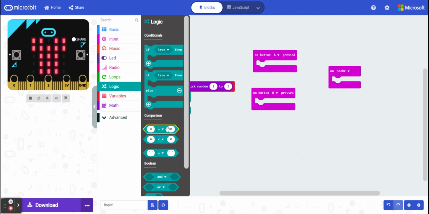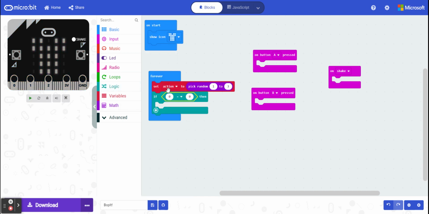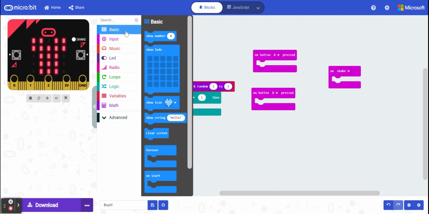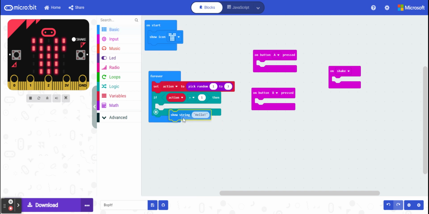I want to compare my action variable to 1. So I go back to my variables and I drag that over. So in my program, if action is 1, I'm going to tell the user to press the A button. So I'm going to grab the show string,